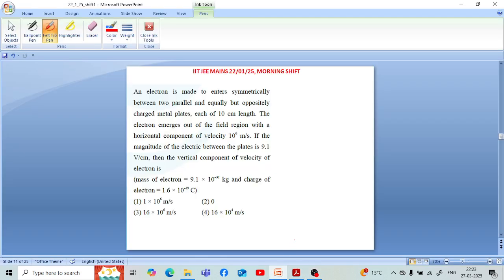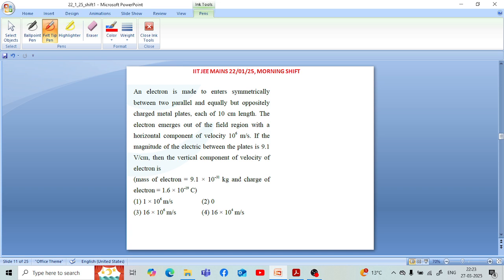Hello students, the question is: an electron is made to enter symmetrically between two parallel and equal but oppositely charged metal plates, each of 10 centimeter length. The electron emerges out of the field region with the horizontal component of velocity 10 raised to the power 6 meter per second. If the magnitude of the electric field between the plates is 9.1 volt per centimeter, then the